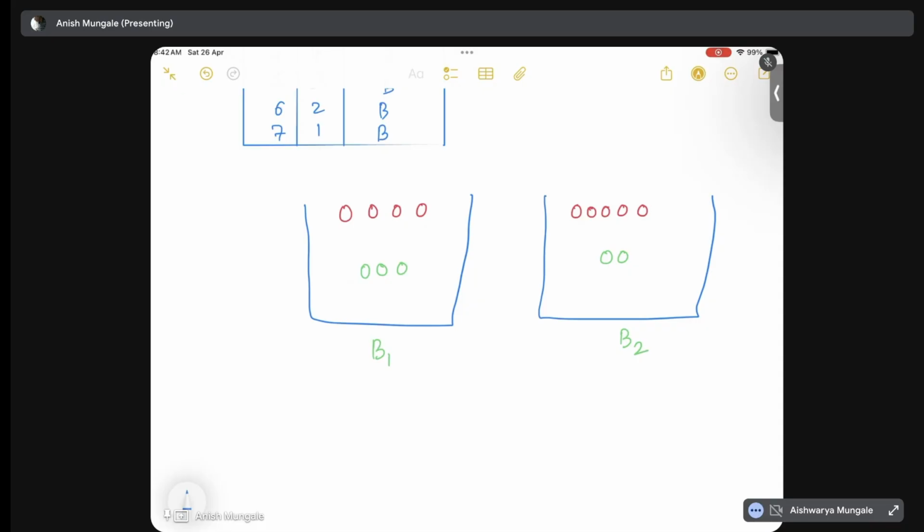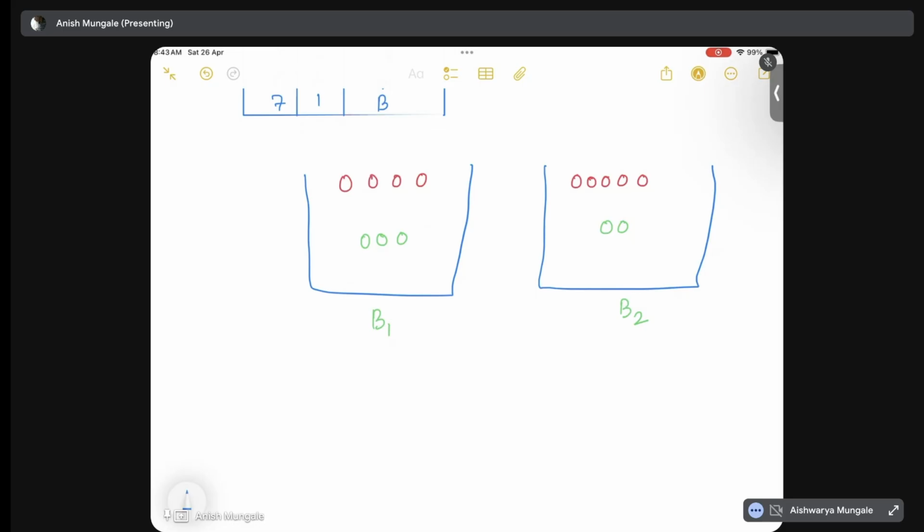Because the number of balls that are of the same color is the majority, while only two balls are different. In order to make it completely pure, you just have to throw out these two balls and you have a completely pure bucket. But in case of B1, there is almost